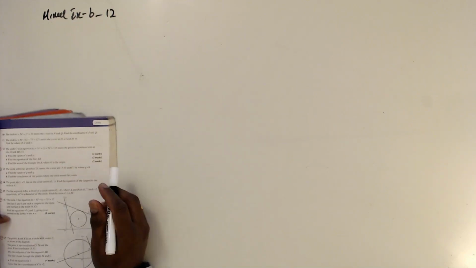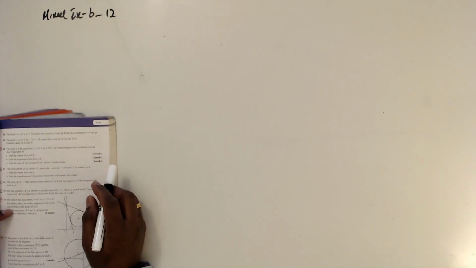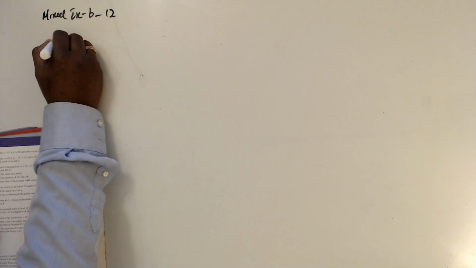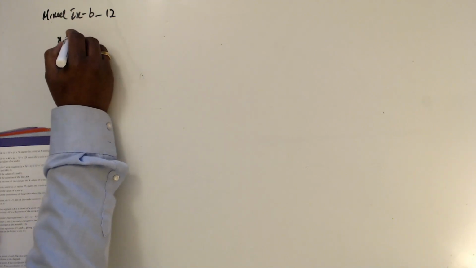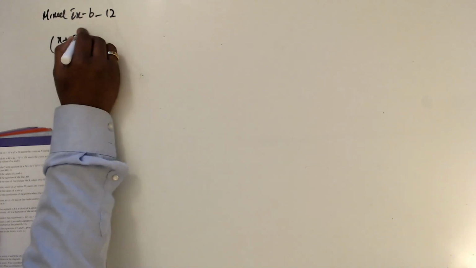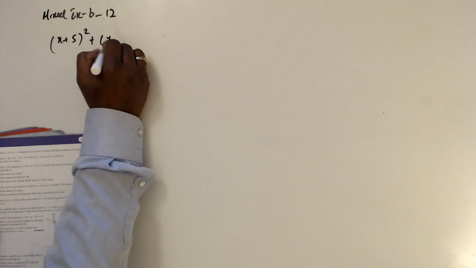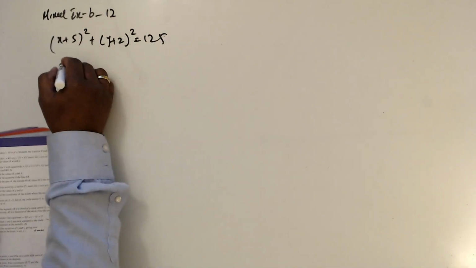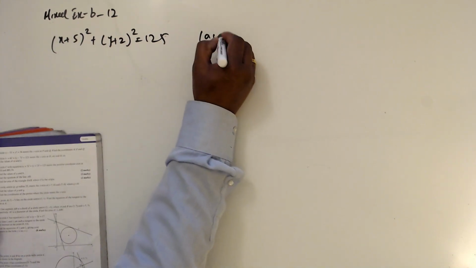Question number 12. The circle is given. The circle meets the positive coordinate axes at A(0) and (0)B. So (x + 5)² + (y + 2)² = 125. So A0